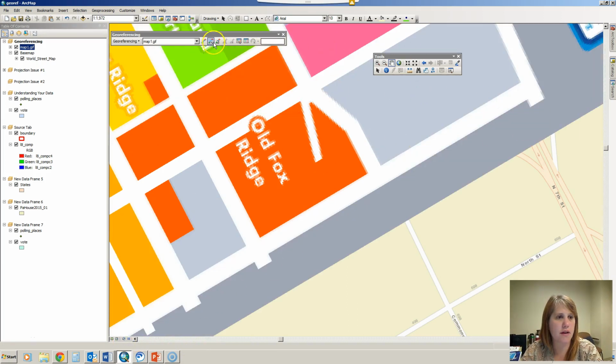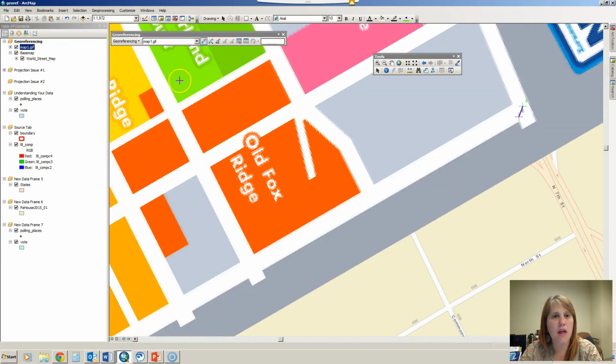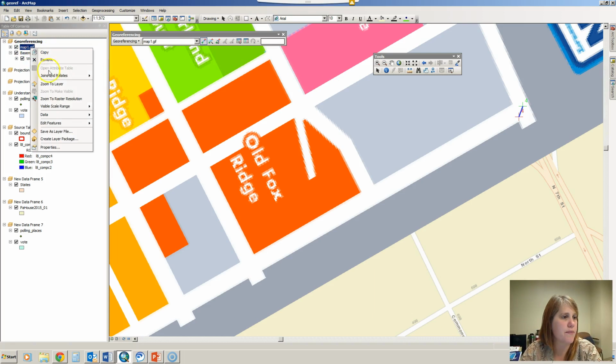Okay, and then get a control point, corner of 7th and Forester, and again 7th and Forester. Turn that back on, and if I zoom to layer here,